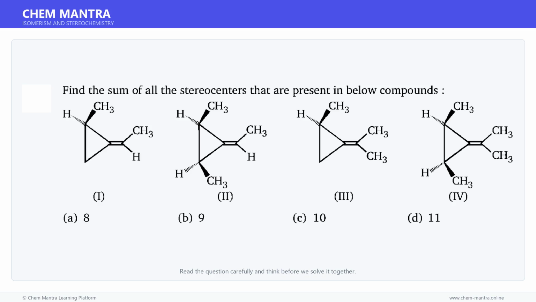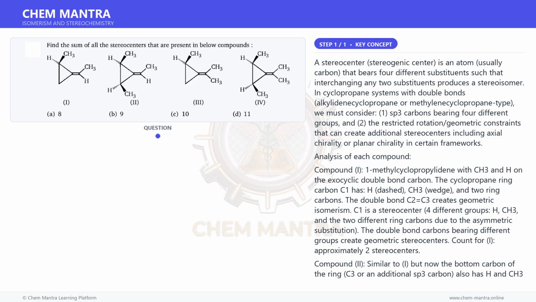Here is a question. Read it carefully and think about the answer. Let us solve it step by step. Let us first understand the key concept here. A stereocenter, stereogenic center, is an atom, usually carbon, that bears 4 different substituents such that interchanging any 2 substituents